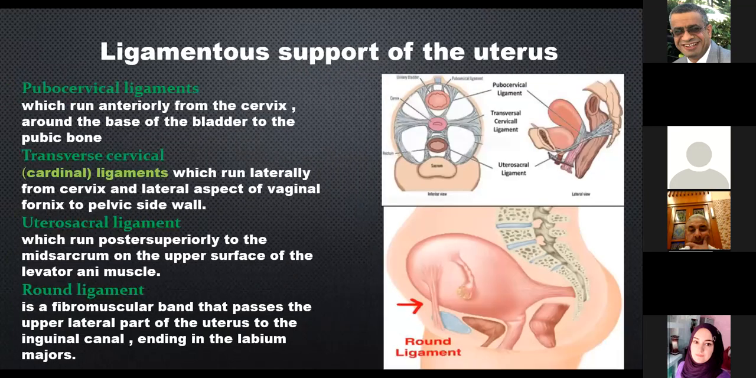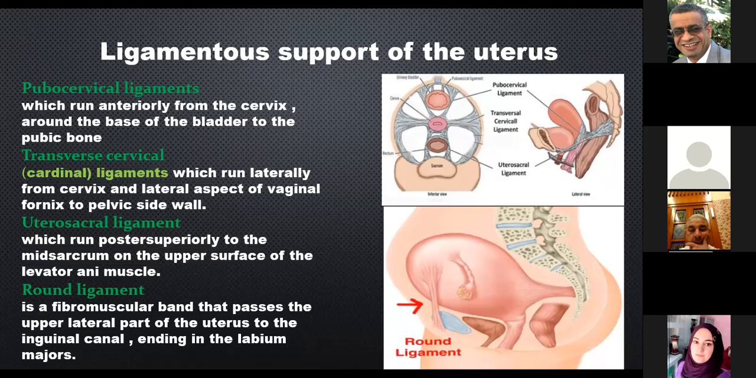Ligamental support of the uterus includes the pubocervical ligament, which runs anteriorly from the cervix around the base of the bladder to the pubic bone, and the transverse cervical ligament, which is the cardinal ligament, which runs laterally from the cervix and lateral aspect of the vaginal fornix to the pelvic side wall, while the uterosacral ligament runs posterior-superiorly to the mid-sacrum on the upper surface of the levator ani